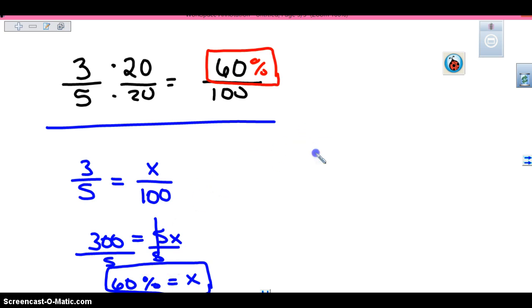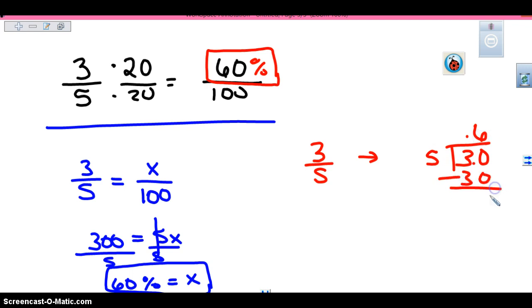Another way to change 3/5 to a percent is to divide 3 by 5. 5 goes into 3 no times, so we add a decimal and a 0. 5 goes into 30 6 times. We've got a decimal, 0.6. If we multiply that times 100, we get 60%. Either of the three ways, we get the same